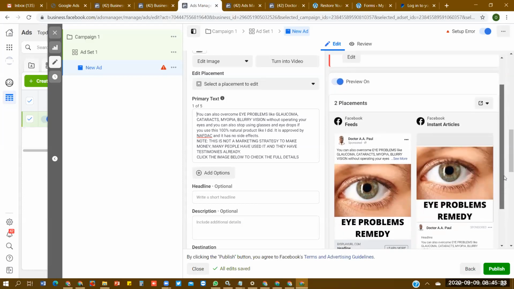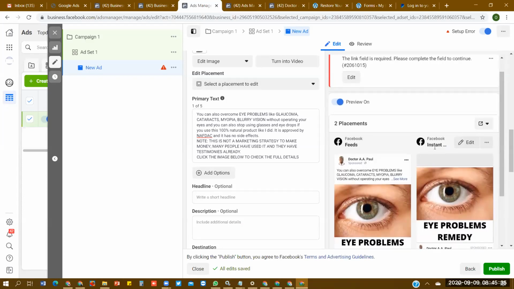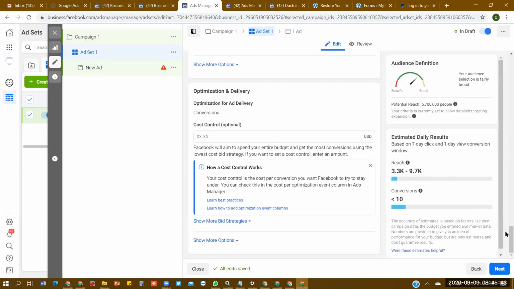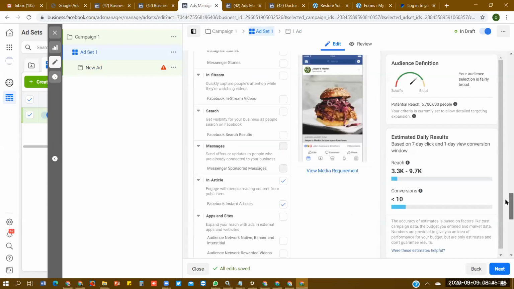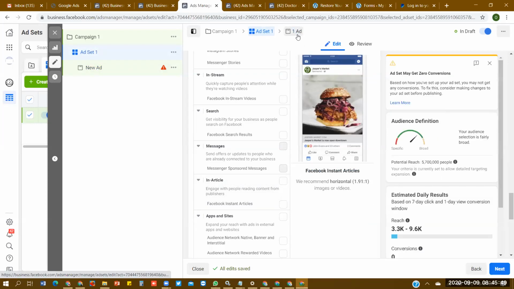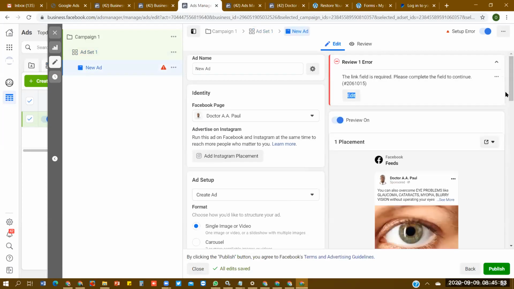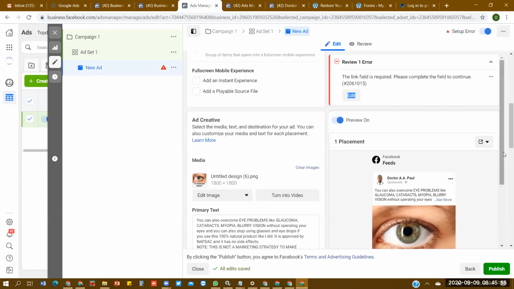I think I made a mistake here. I selected instant articles under my placement. I'm going back to remove that. I don't want to select instant articles. Okay, this is it. Should have removed it. So you can see the ad text will be shown